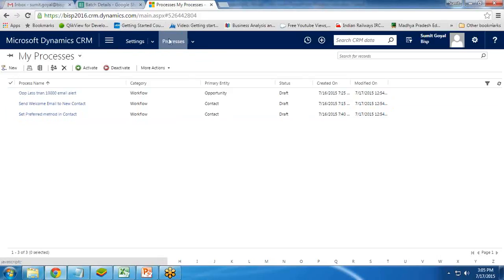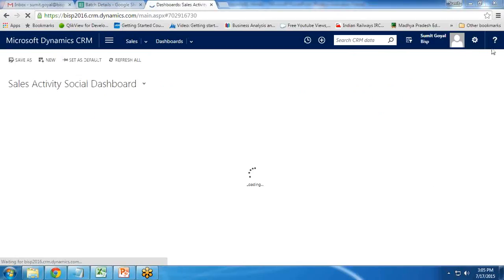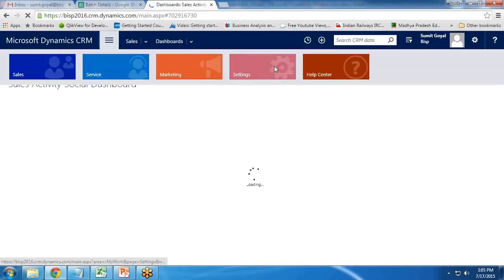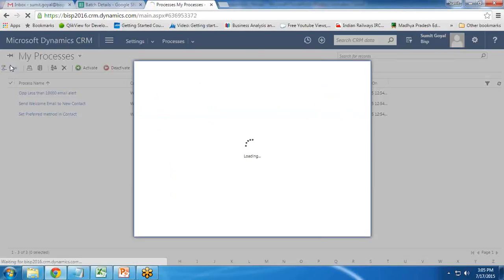I have already switched to process here. You can see this process is here. Or if you are somewhere on the home screen, you need to look for settings, and within settings, click on process. Click on new process,